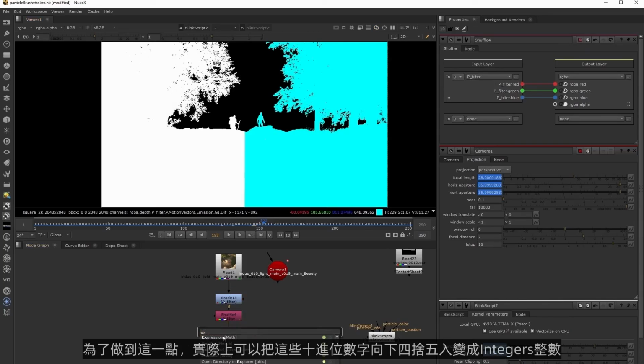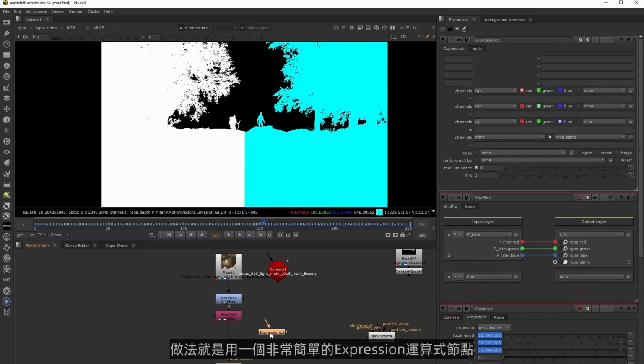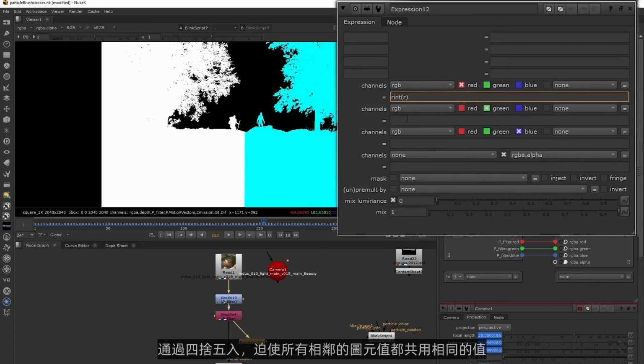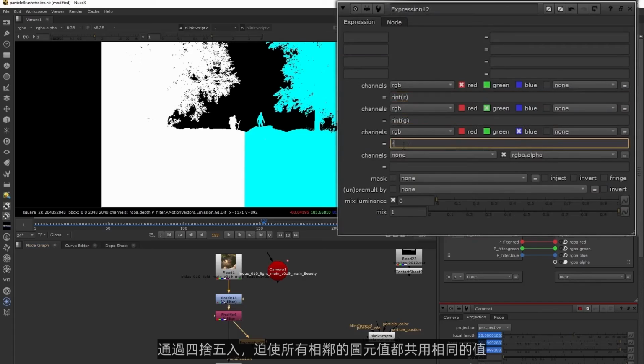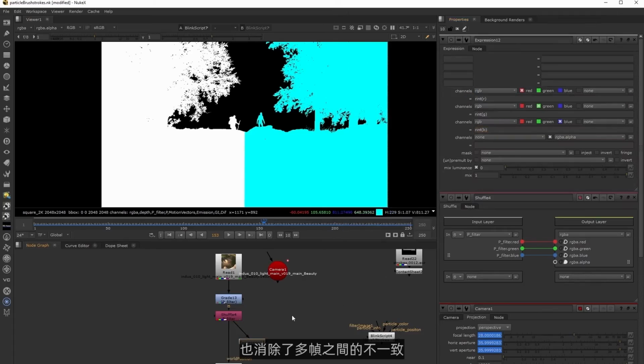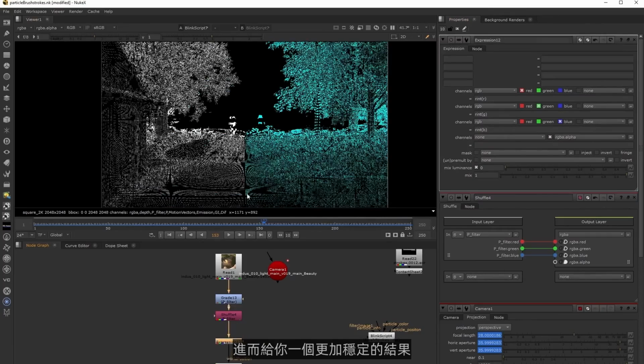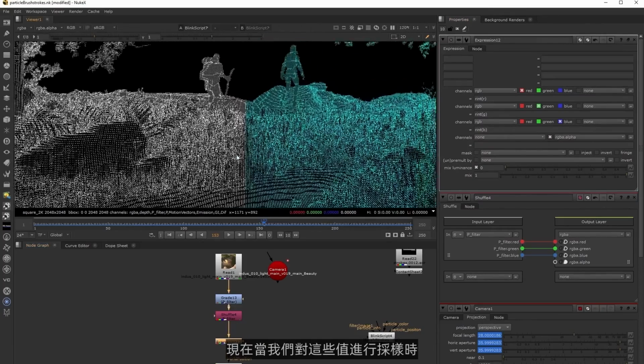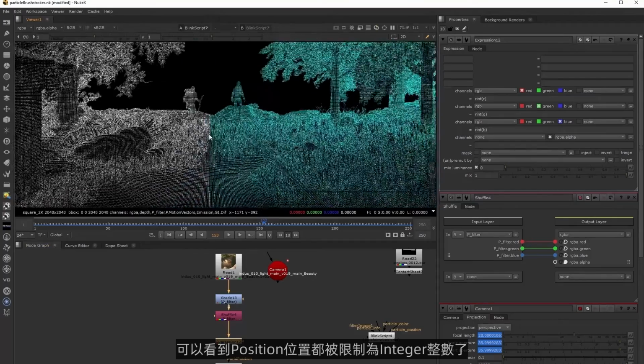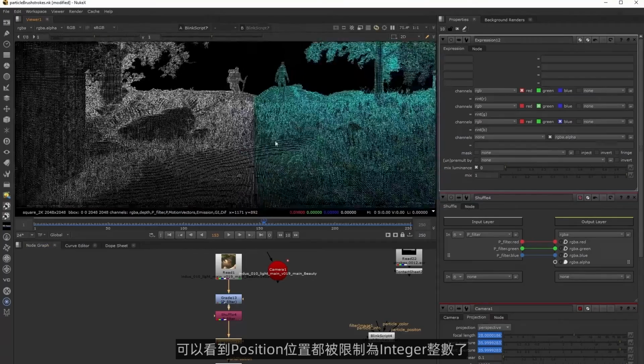So to do that, we can actually just round these decimal numbers down into integers using a very simple expression through the expression node. By rounding the values, we were basically just forcing all the neighboring pixel values to all share the same value, which reduces the density of the particles while also removing any inconsistencies between multiple frames and gives you a much more stable result. So now when we sample these values, you can see that the positions are limited to just